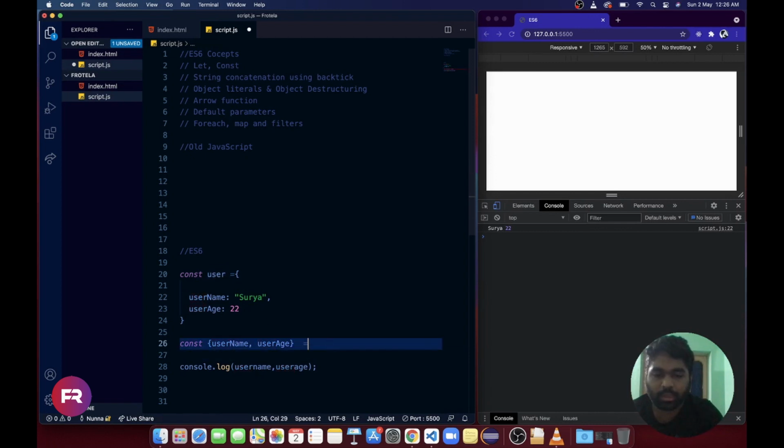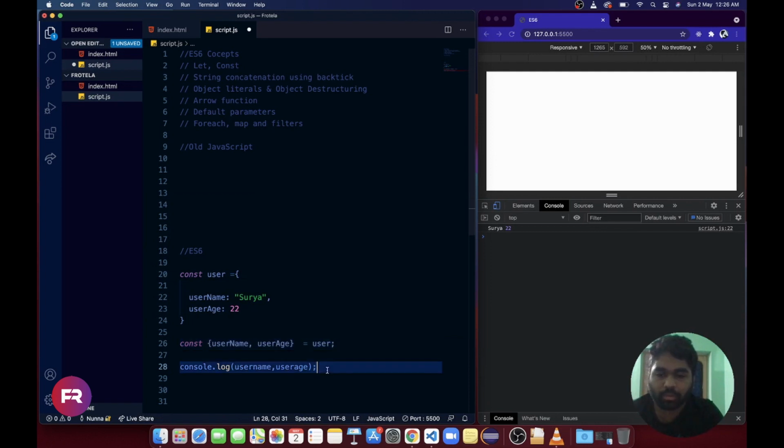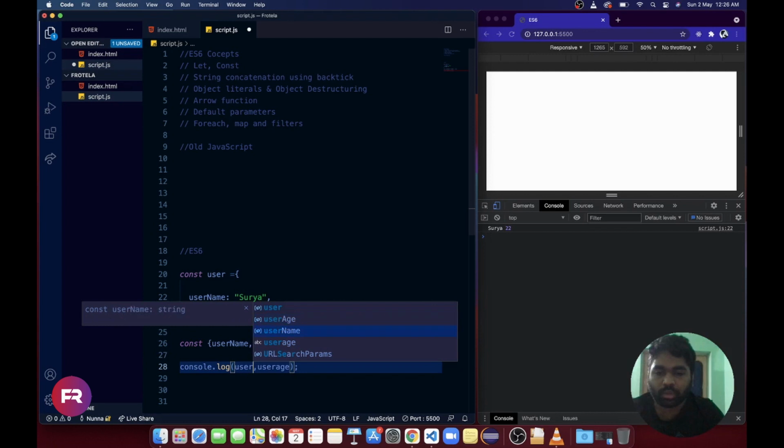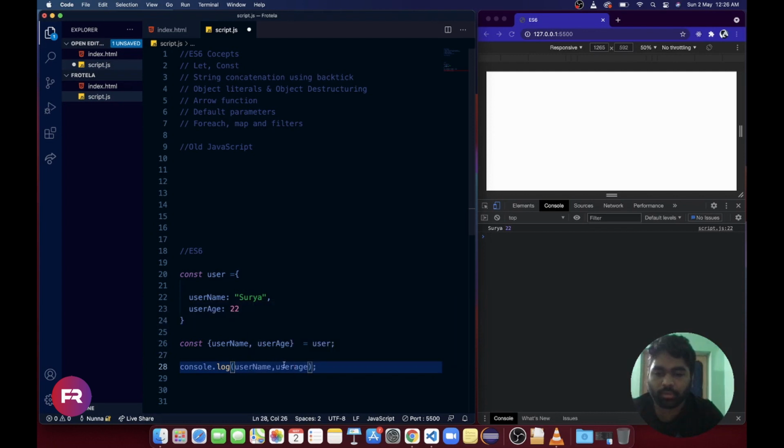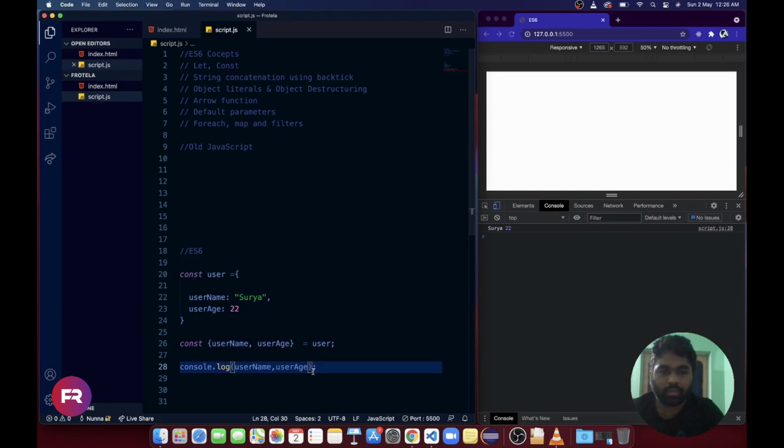Simply write equals and user, just simple. Now while printing, we can directly use username and user age. If I save this, it will be the same, and it decreases our code length and is simpler, the best way of doing it in ES6.